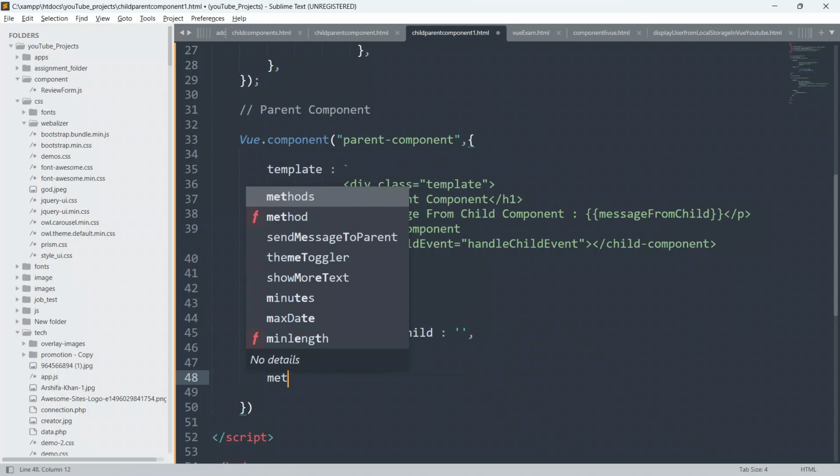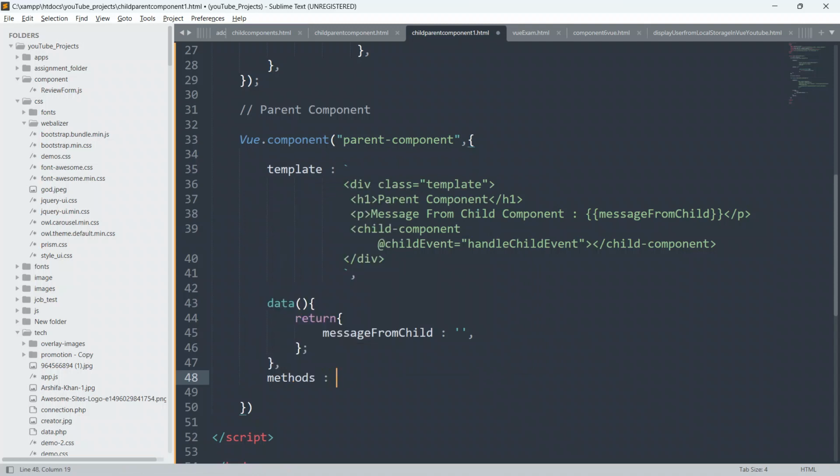Now we can define our method also. So methods, put colon and open and close curly braces, and we have to define this handleChildEvent.